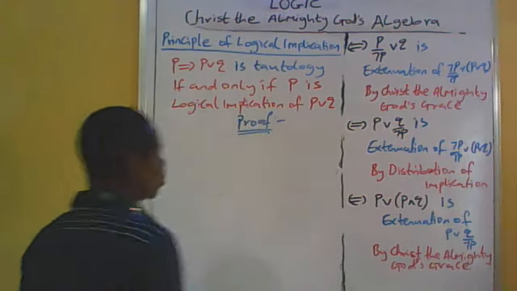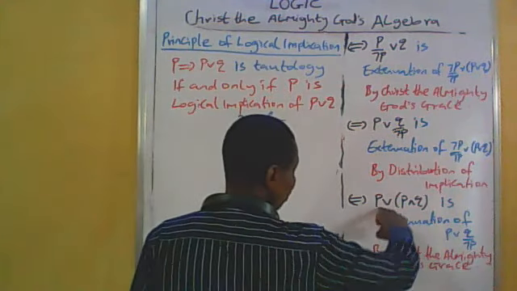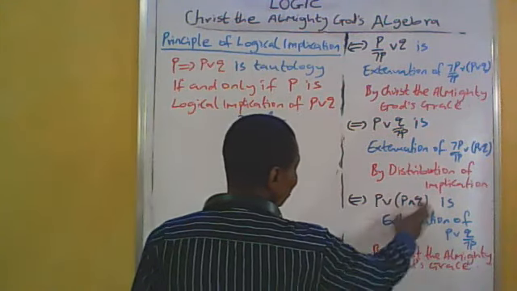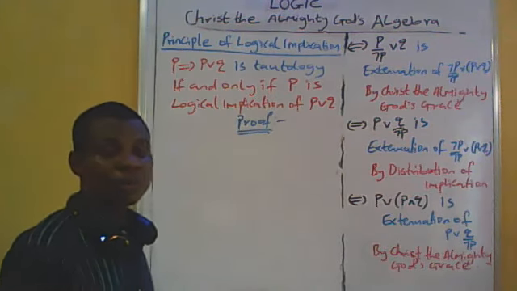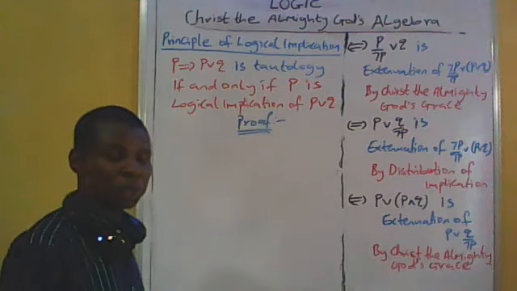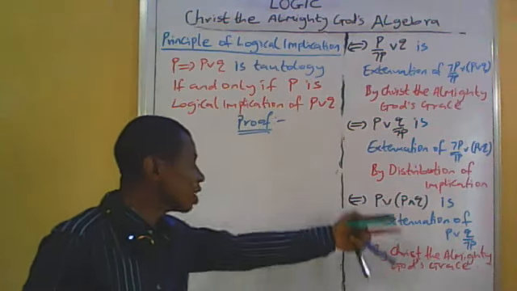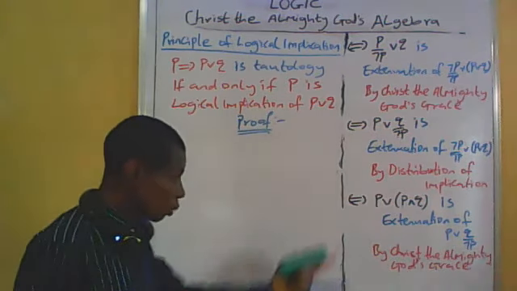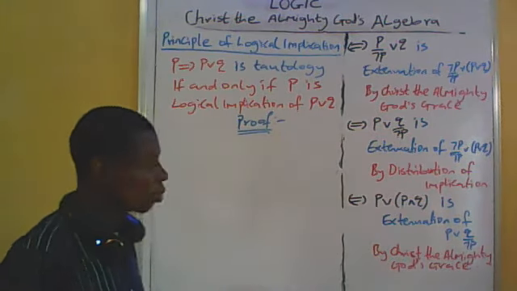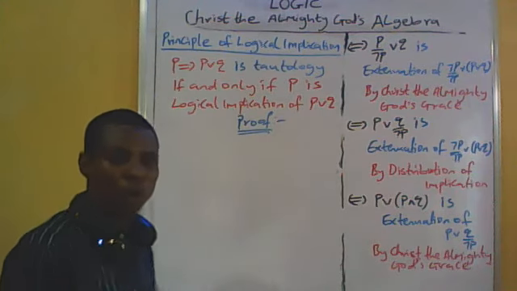We have now proved, see, this P or (P and Q) is equivalent to P by the law of absorption. By the law of absorption, this P or (P and Q) is equal to P. As it is equal to P, it is the expression of P or Q upon not P. That means P or Q